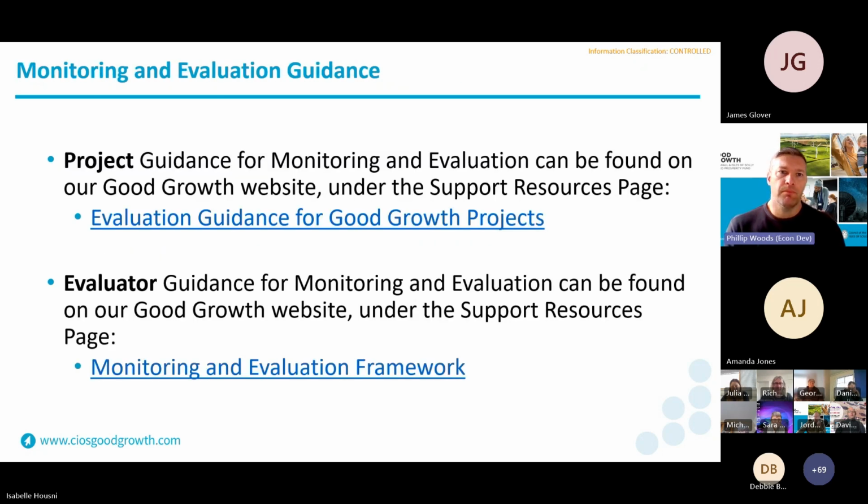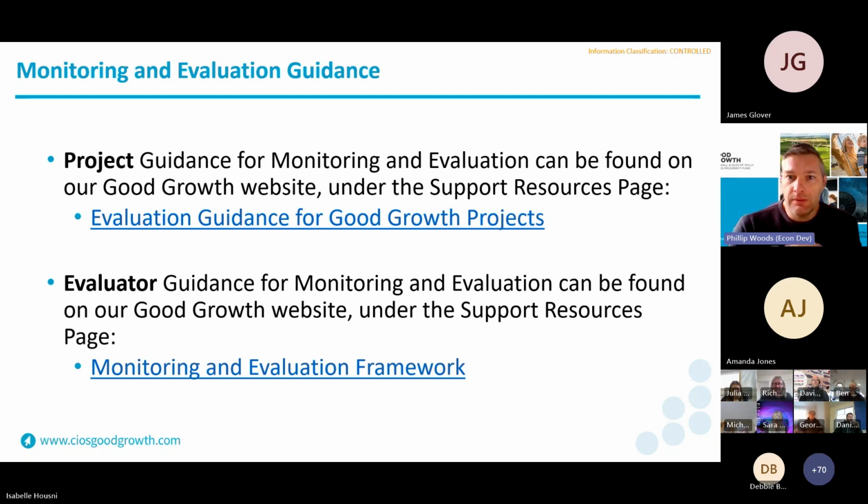Next slide, please. These are the two documents that sit on our website, and we mentioned those links before, and you'll gain access to those. But in terms of the guidance that we've set out, I really wanted to just take you through some of the stuff that's been created to help projects. So we would strongly recommend that projects start commissioning their external evaluator as early as possible. That can make sure that one can be found for a start, and that they're good value. But more importantly, by commissioning early,